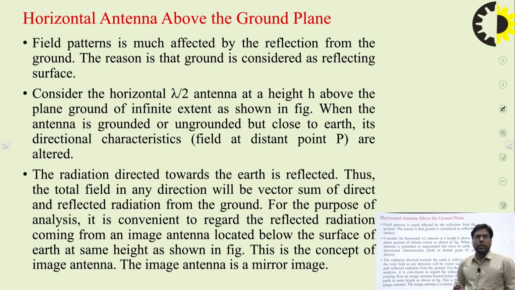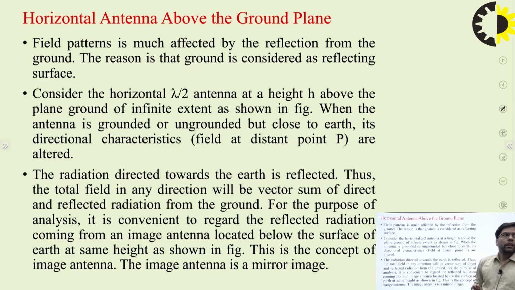So let's begin the topic: horizontal antenna above the ground plane. A horizontal antenna, as the name suggests, is placed above the ground plane horizontally with respect to the ground. What will be the effect on the field at some distant point P? The field pattern is much affected by the reflection from the ground. The reason is that ground is considered a reflecting surface, because ground is nothing but a perfectly reflecting surface,